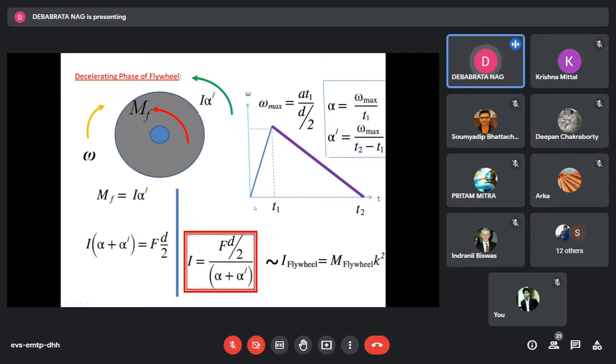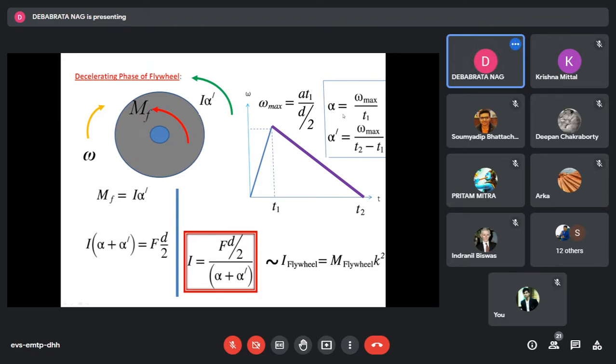And over the entire time t2, this maximum angular speed comes from here to 0. And the entire variation is again a straight line because your alpha dash is constant. Why is it constant? Because we have assumed your MF to be constant. So I can use the simple equations of kinematics